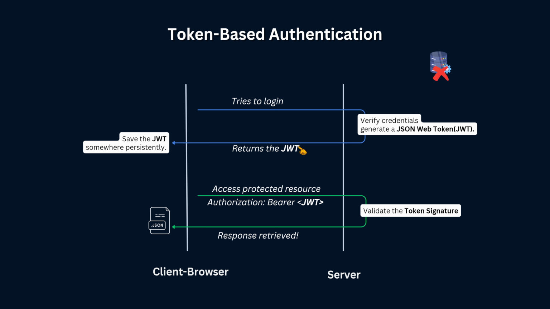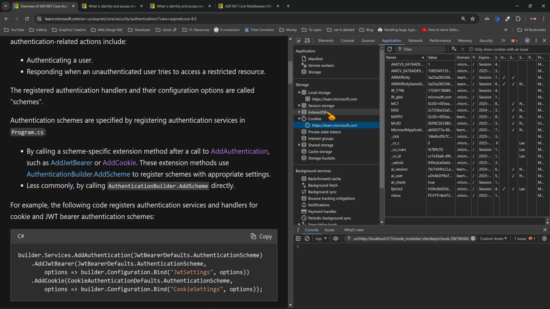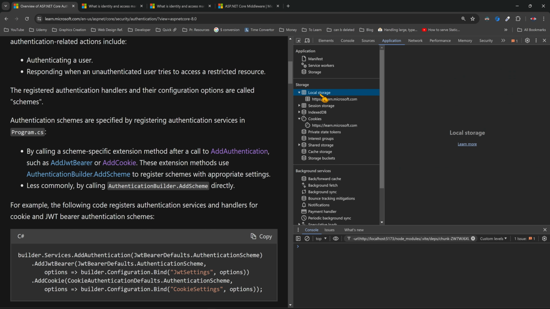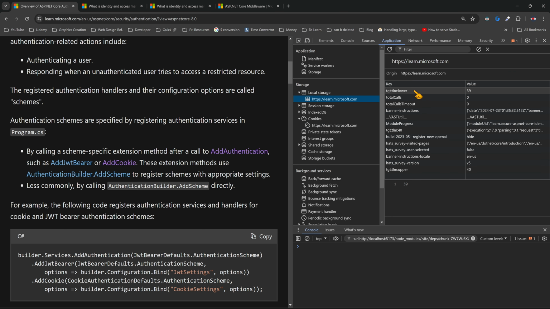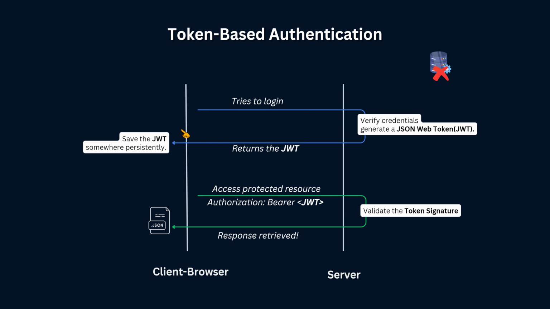The same token will be returned as a response to the request, and then inside the client side or browser, the JWT will be saved somewhere persistently. That would be outside the browser cookie. Most often that would be the local storage inside the browser. You could see that inside these developer tools itself, local storage and all the local storage key value pairs for this website can be seen here. So a key value pair like this will be used for saving the received token